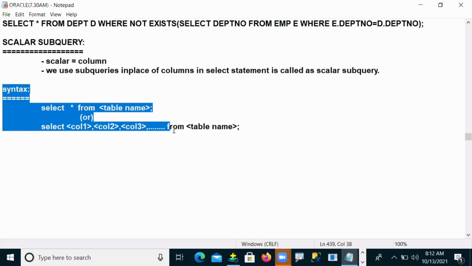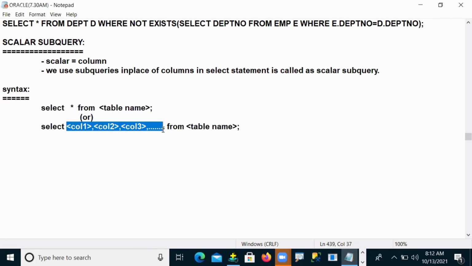So now this is a select statement. Either you can write a star or you can write columns. That's your choice, as per your requirement. Sometimes I want to display only one column. At that time, are you using star? Come on, guys. If you want to display only one column, are you using star? No. That is my point. Understand first.